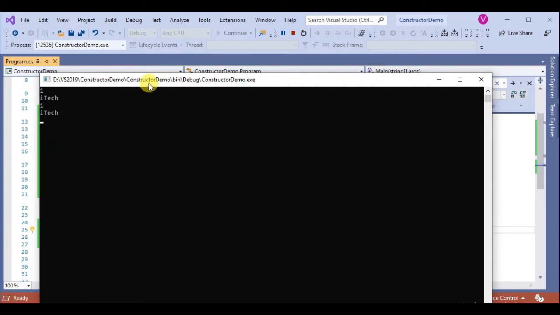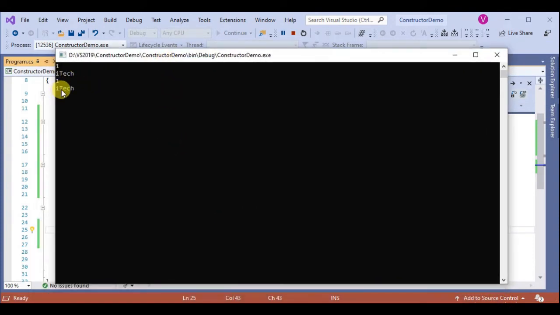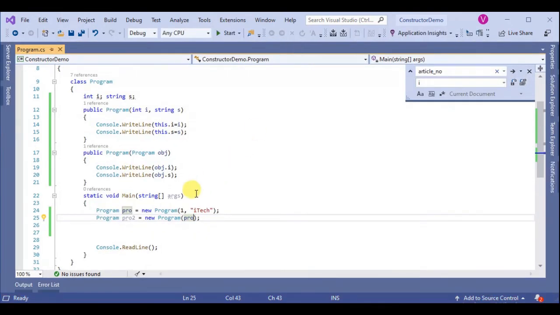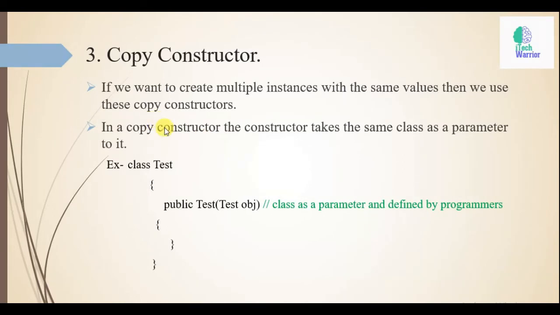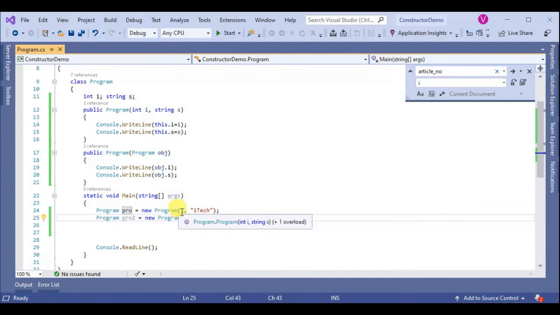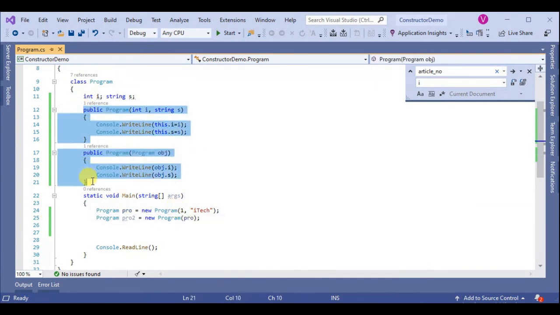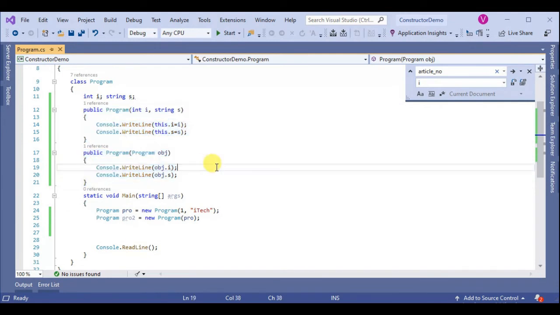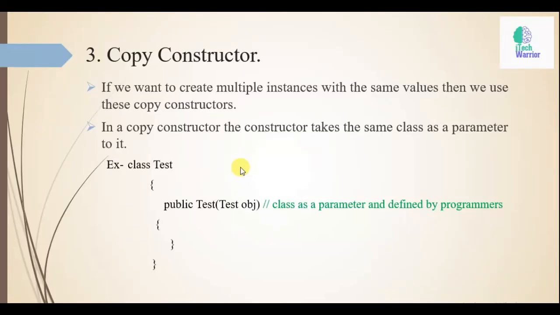So the same value is printed in both, the same value passed in both constructors. So this is the copy constructor. So for multiple instances with the same value, we use the copy constructor. So here the same value is used in the two constructors, and this is constructor overloading. So now we move to the next.